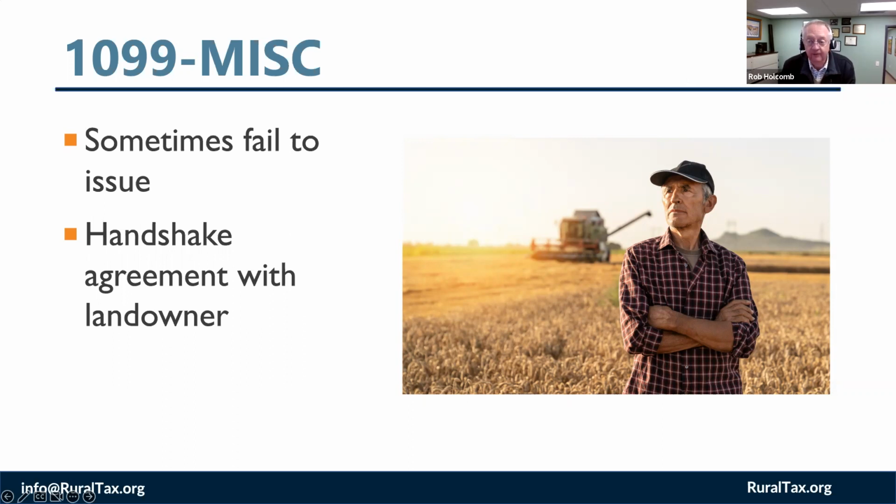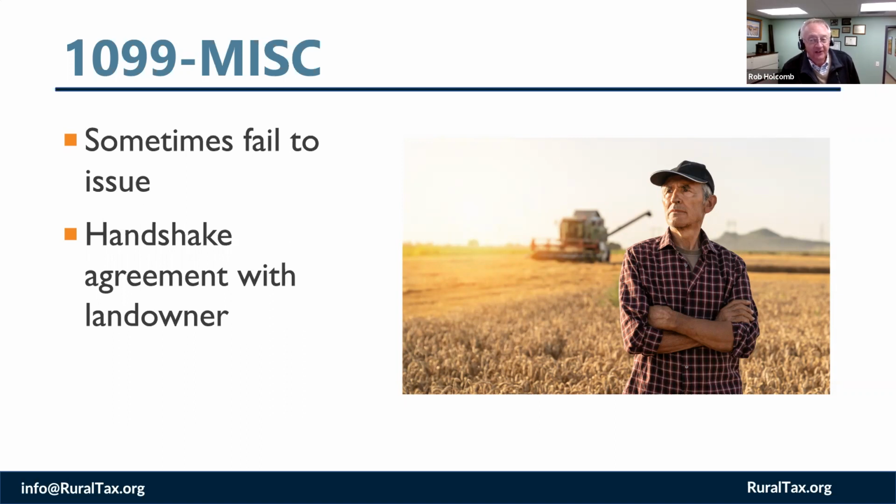Now, where this comes into play is the farmer in this case needs to be proactive, because we oftentimes get into situations where, and I've seen this when I've been in active practice, the client calls up, because we're in January and it's time to issue 1099s, and says, hey, my landlord won't give me his social security number. And